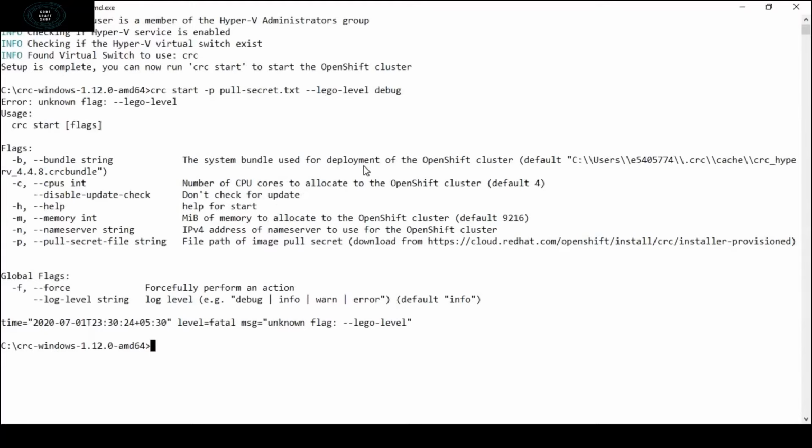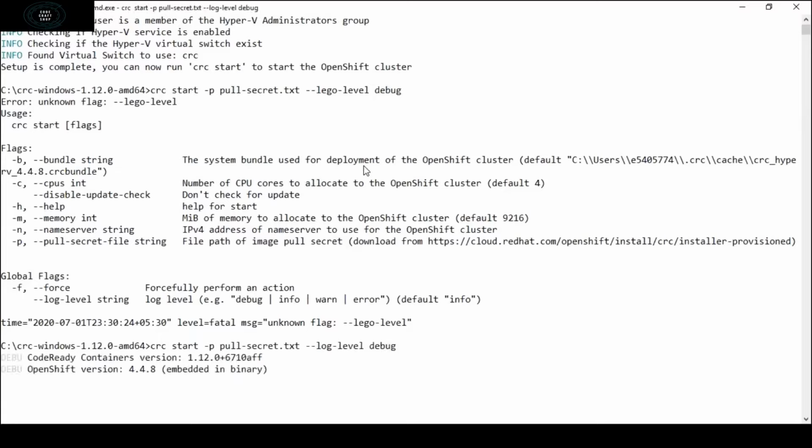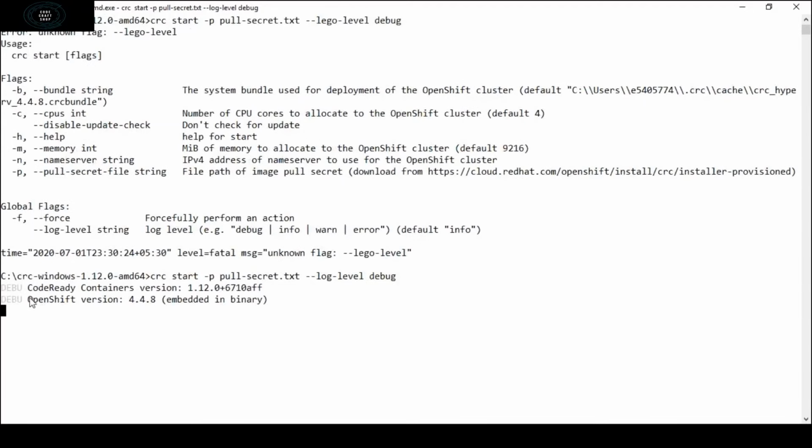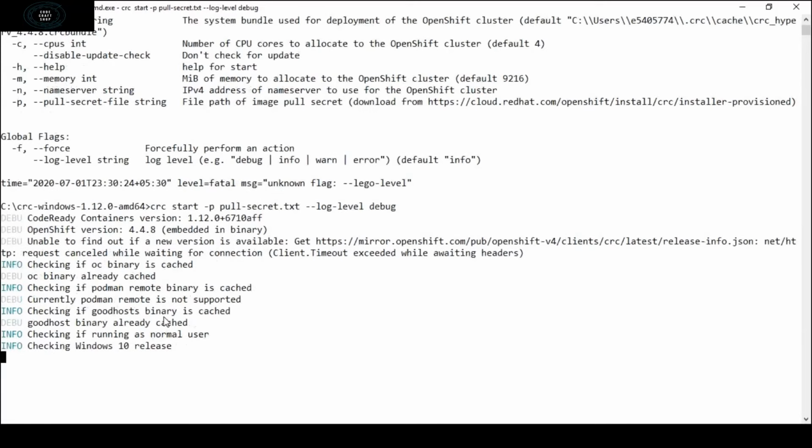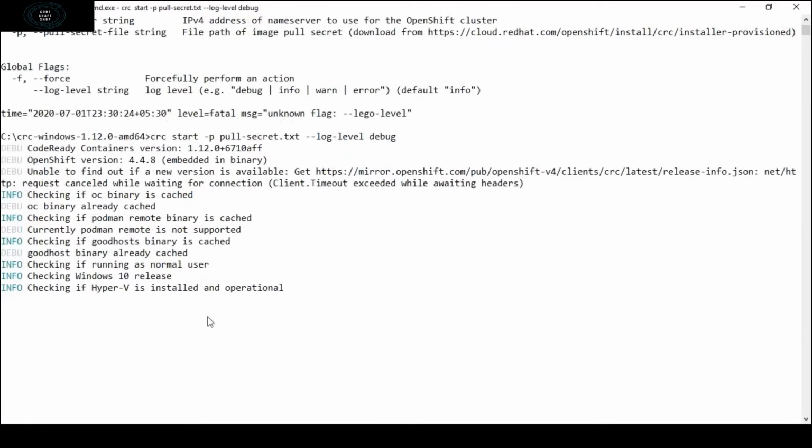Sorry, I have made a typo. So the command is --log-level debug. Once I click on this, it will begin the installation process.